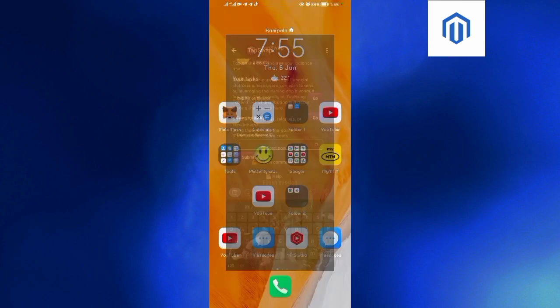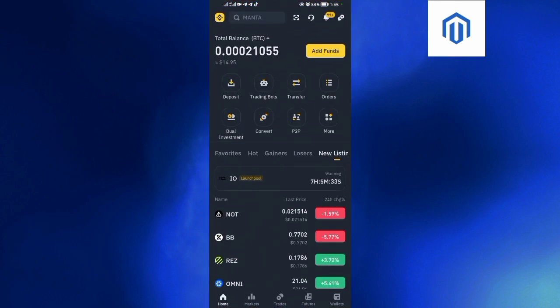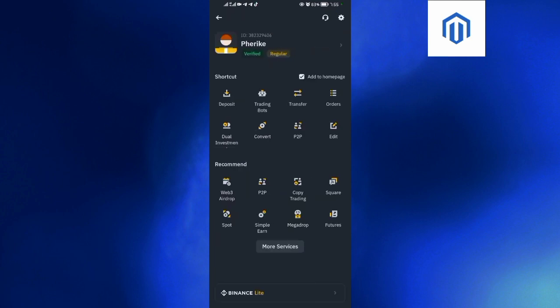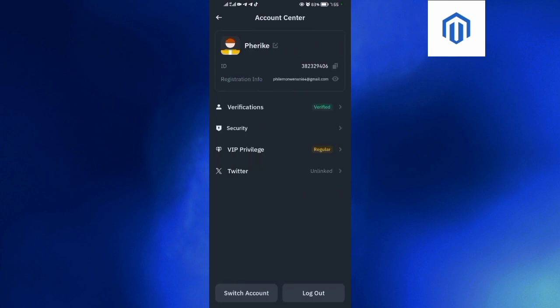So how to get your Binance ID? Head over to your Binance application, and this is your Binance at the home page. Tap on this icon in the left upper corner. When you tap on that icon, your ID is over here. So how to copy it? Tap on the ID itself and copy it, or just tap on your account there, then copy your ID